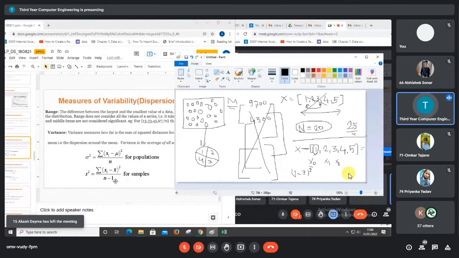N is the total number of samples, minus 1. So 5 minus 1 is 4. So here we'll get minus 2 square is 4, divided by 4. What is the value we are getting? 1. Make sure that your variance value should lie